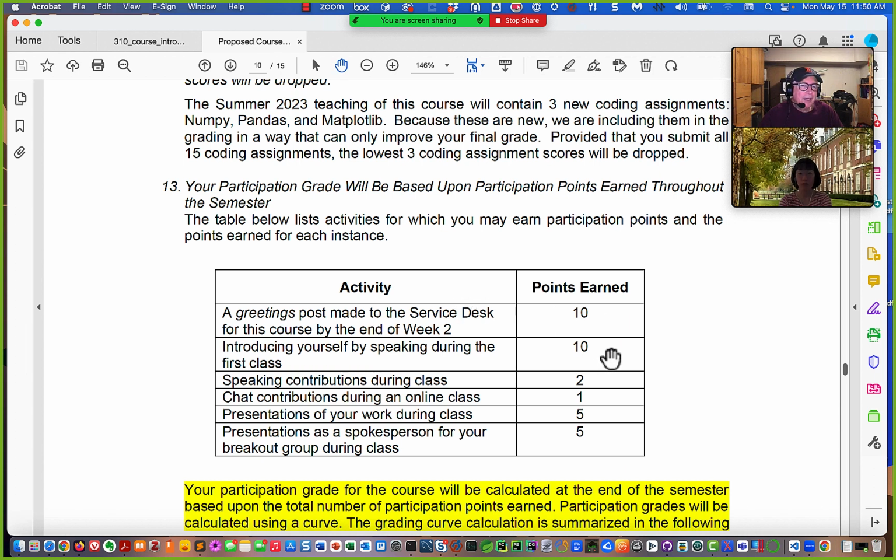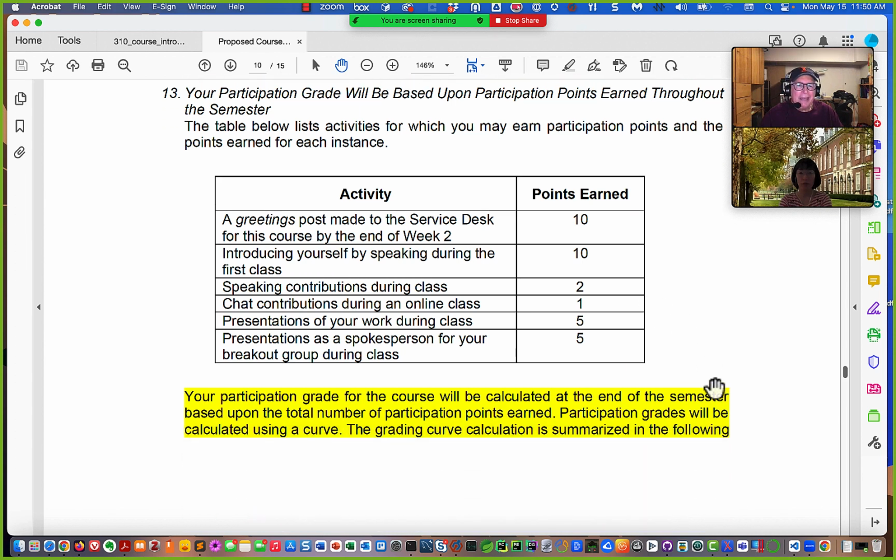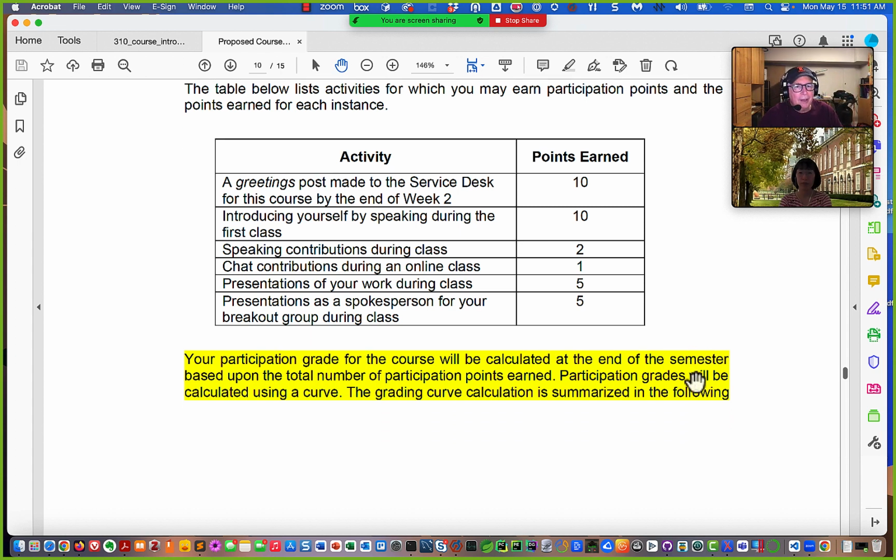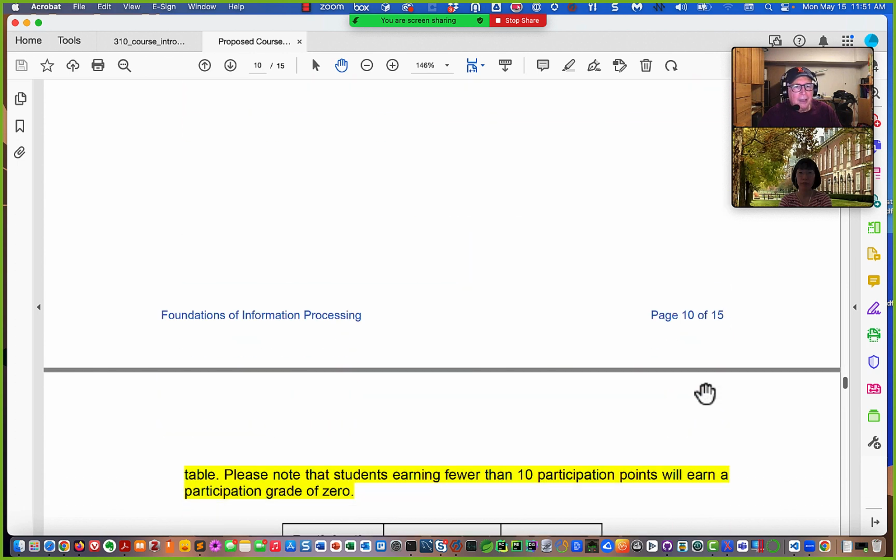The other is showing up to the first class and introducing yourself when it comes to be your turn. That'll get you 10 as well. The other things here will get you fewer points, but they add up because you can do them every week. Then at the end of the semester, we add up all the points, so you have a particular number of points, and then